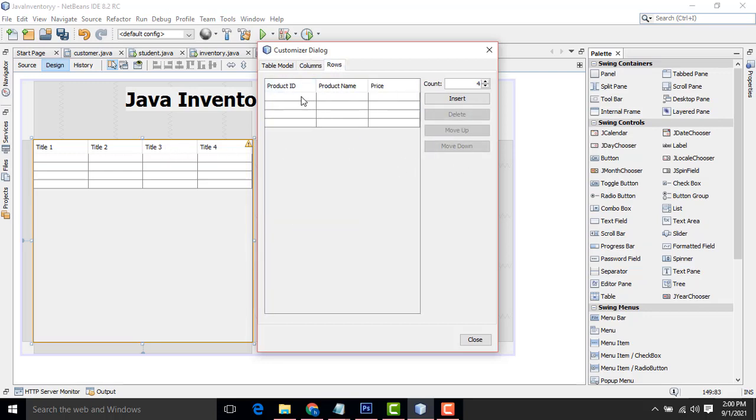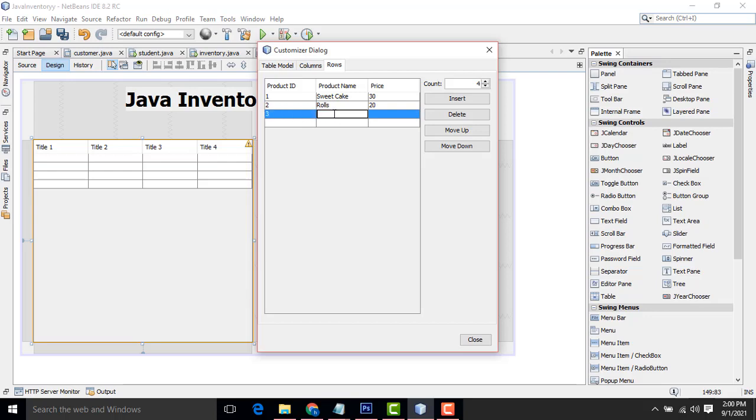Let me enter some data in the rows. Product ID 1, product name sweet cake, price 30. Second, I am going to enter rolls, price 20.